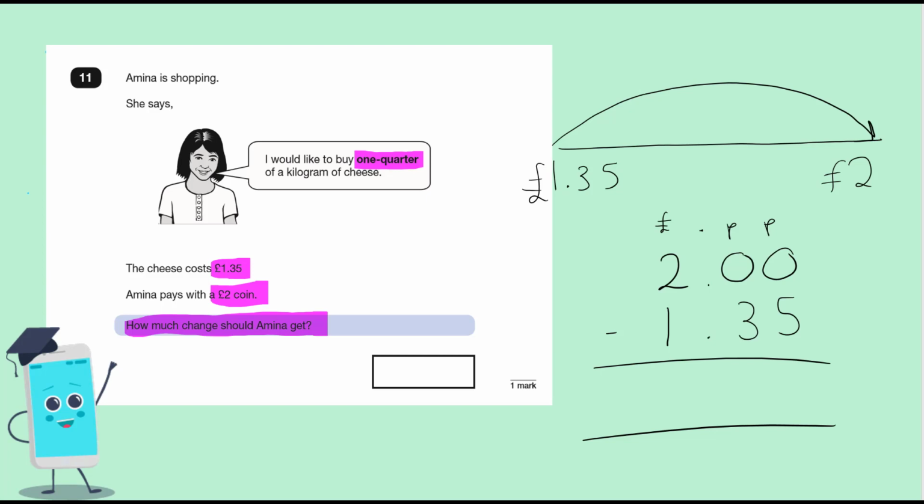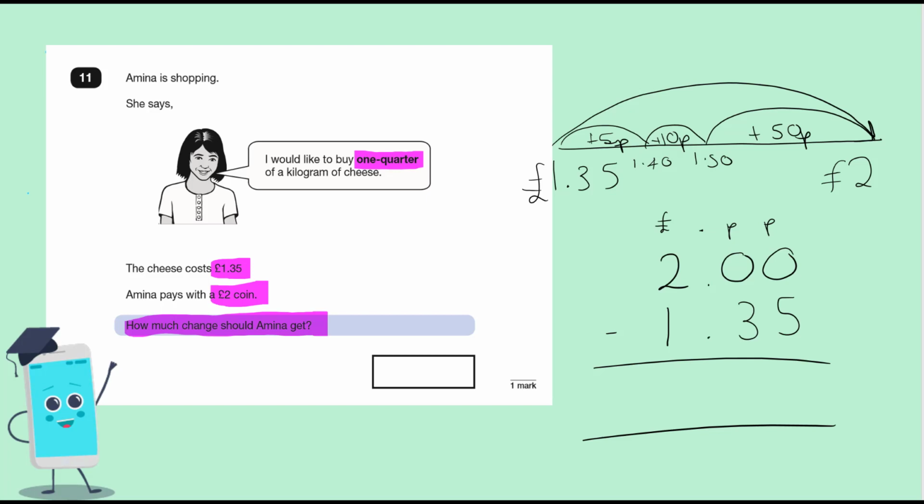Now I'm going to start by calculating using the number line. So here I'm going to round up to £1.40 by adding 5p. And I'm now going to add 10p to get to £1.50. And now I'm going to add 50p to get to £2. So I've rounded up in chunks. You may have been able to just jump up to £2 straight from your £1.35, but if you can't, you